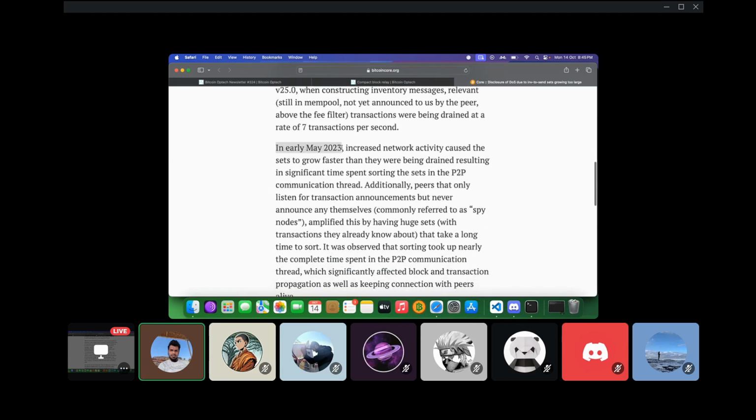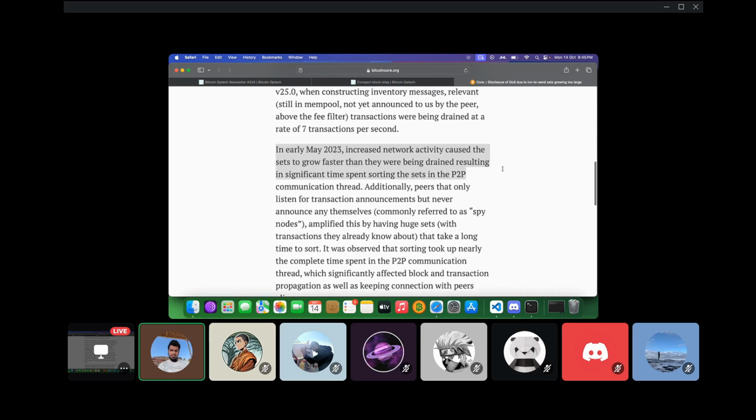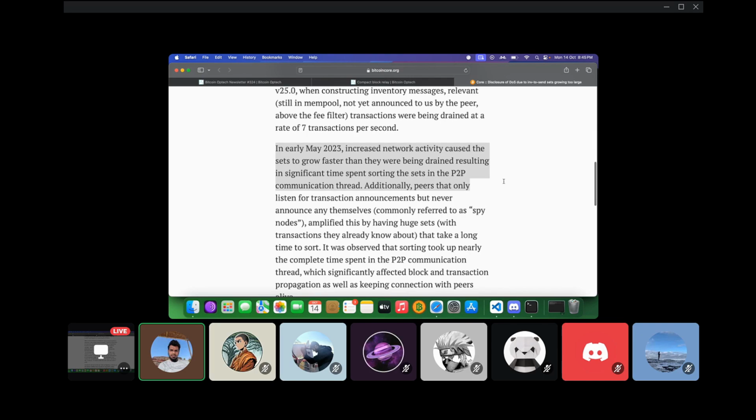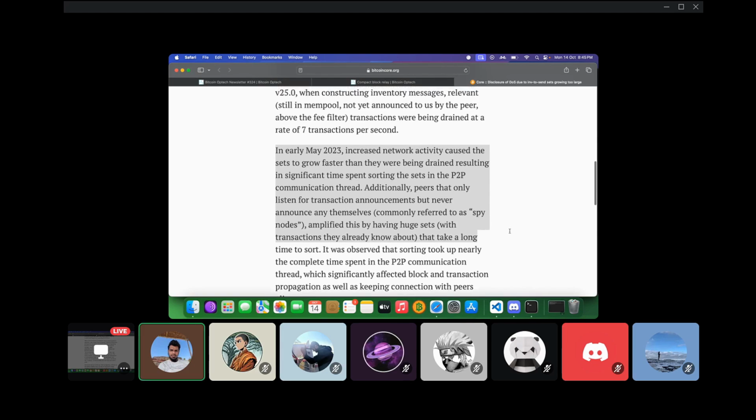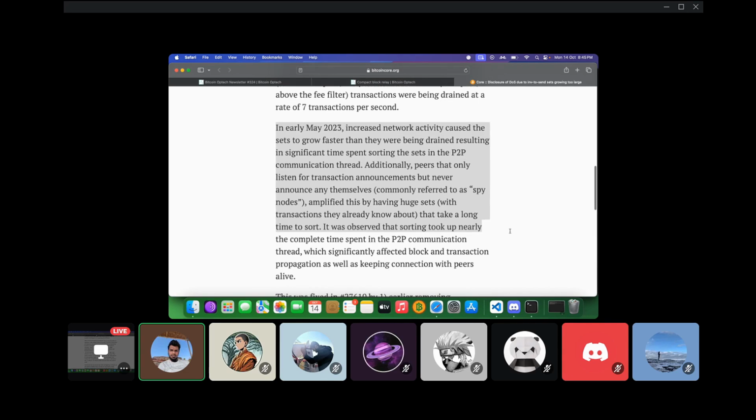In early May 2023, increased network activity caused the sets to grow faster than they were being drained, resulting in significant time spent sorting the sets in the peer-to-peer communication thread. Additionally, peers that only listen for transaction announcements but never announce any themselves, commonly referred to as spy nodes, amplified this by having huge sets with transactions they already know that take a long time to sort. It was observed that